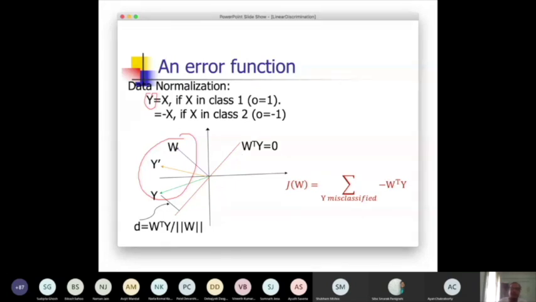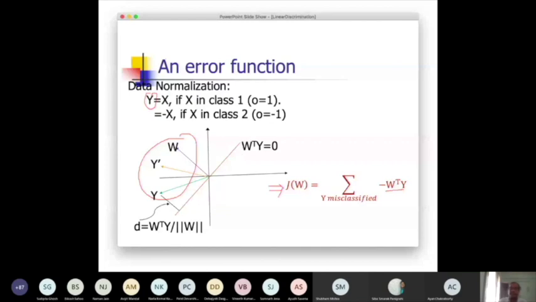And when I am defining an error function, I should not get a negative value. If I get a negative value, that is the advantage: it means the sample is misclassified. For any input sample, if I get a negative value, it is misclassified. So I will simply negate that to make it positive, and the sum of all those values will define my error value with respect to this W.